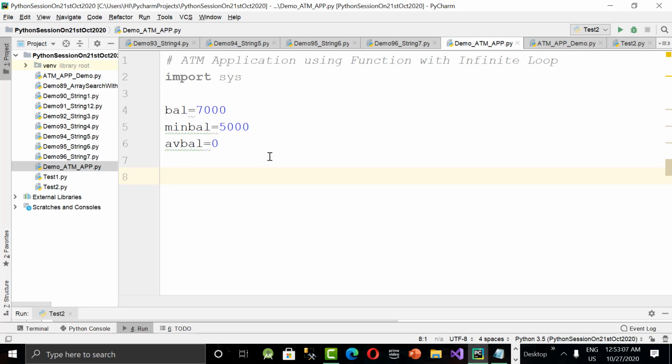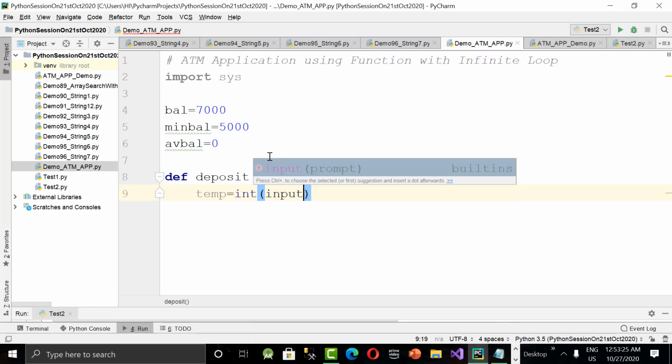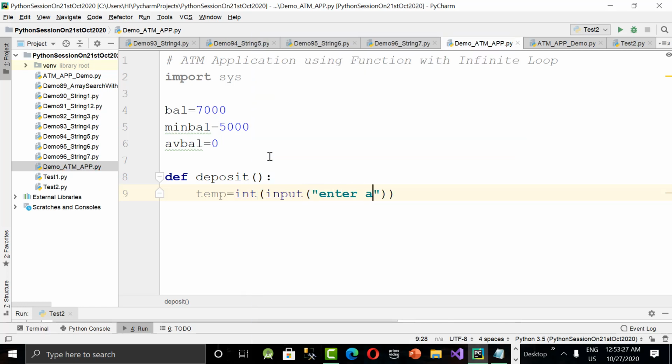Now we are moving to the first definition, the deposit function. We are writing the deposit function body. So def deposit, in which we are asking the user for the amount to be deposited. For that, I'm taking a temporary variable called temp. So temp equals int of input of enter amount to deposit.